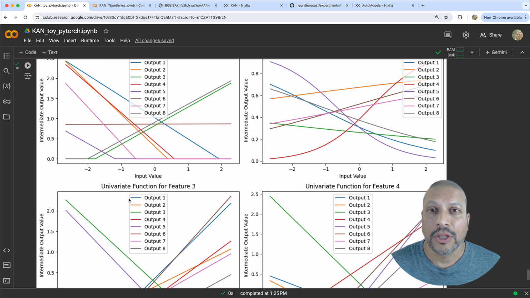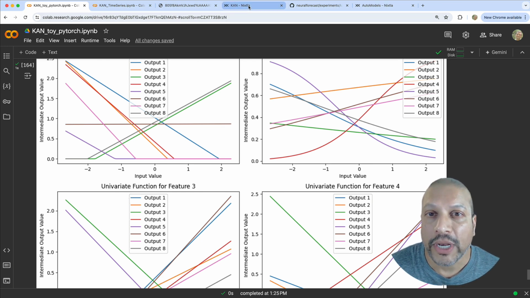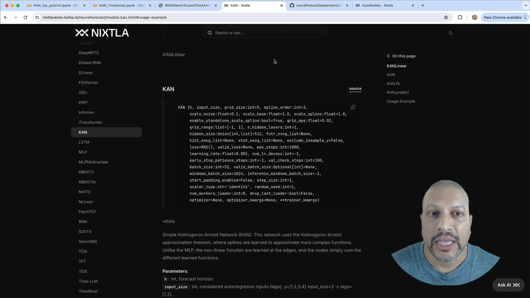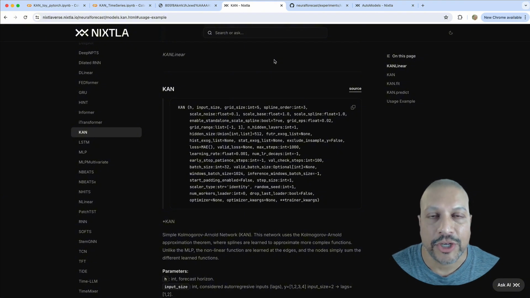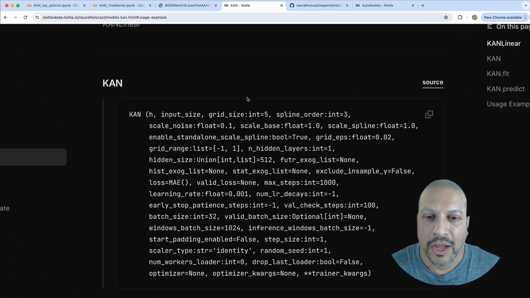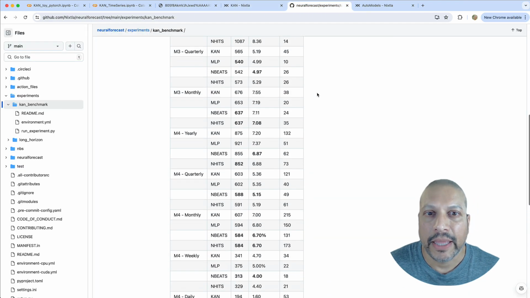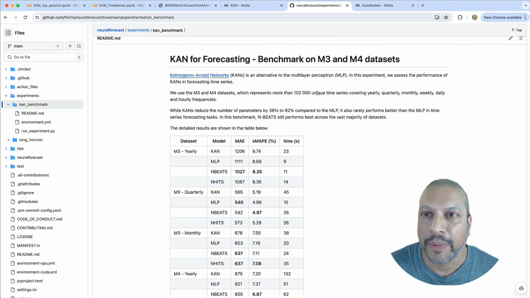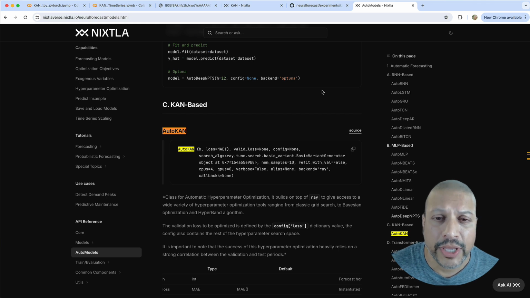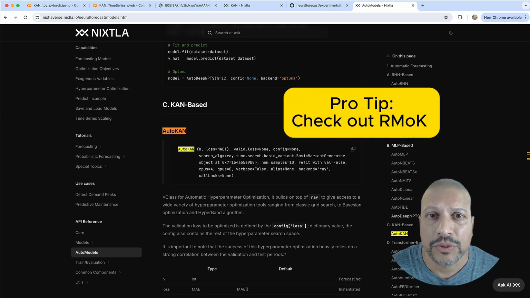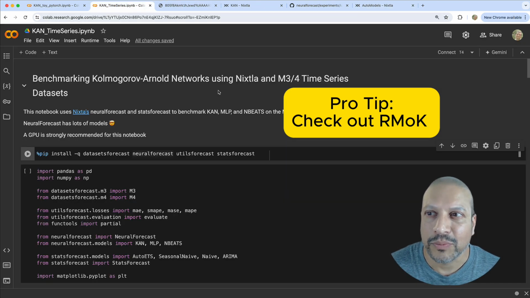Now, luckily for us, the folks over at Nixtla have already taken KAN and implemented it inside their NeuralForecast library. And it comes with a ton of options. We're not even going to use all the different options that are available in the model. They've run some experiments on this. Some of the stuff that I'm using is from them, in terms of running their benchmarks on Auto 3 and 4. They're even doing some cool things like building an AutoKAN model that you can automatically hypertune. So check out that library for more details,